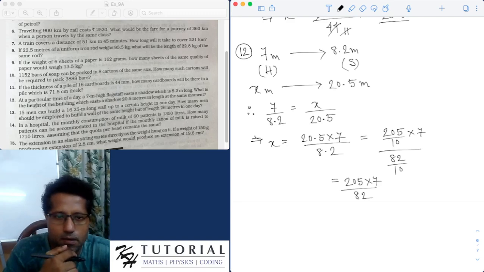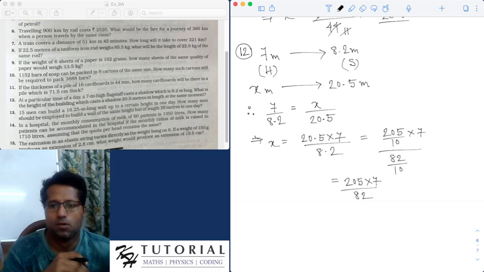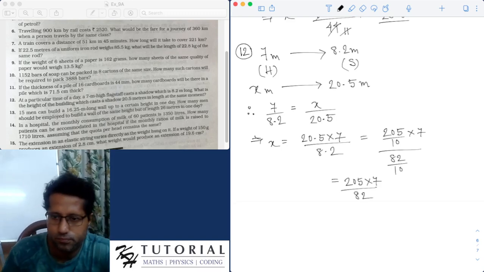7 meter high Flagstaff casts a shadow of 8.2 meter long. Okay. And it is asking what is the height of the building which casts a shadow of 20.5 meters in length. So 7 by 8.2 should be equal to x by 20.5. So x equals,